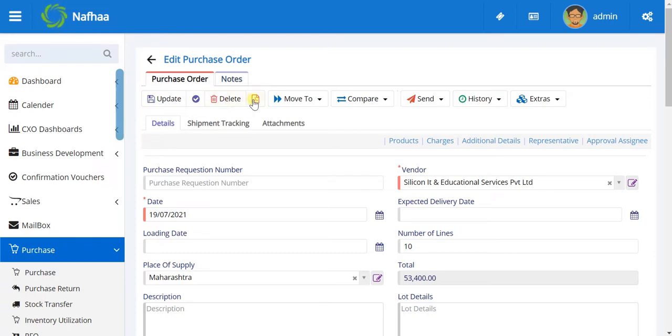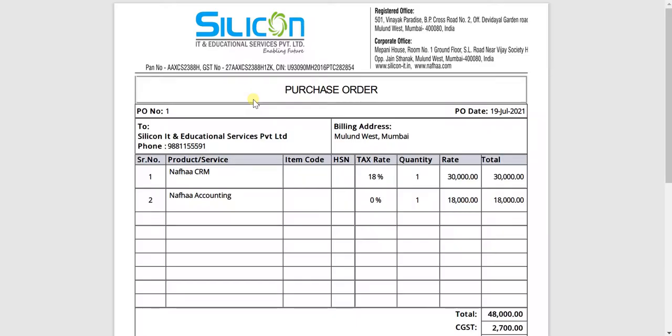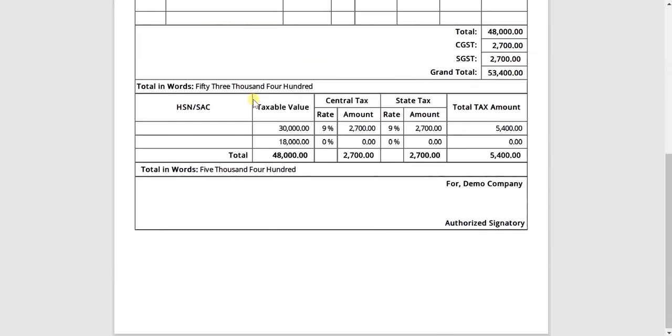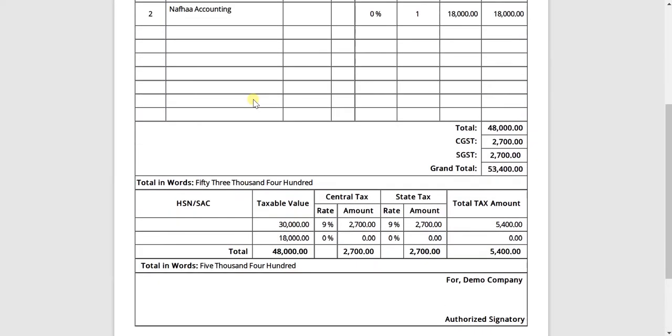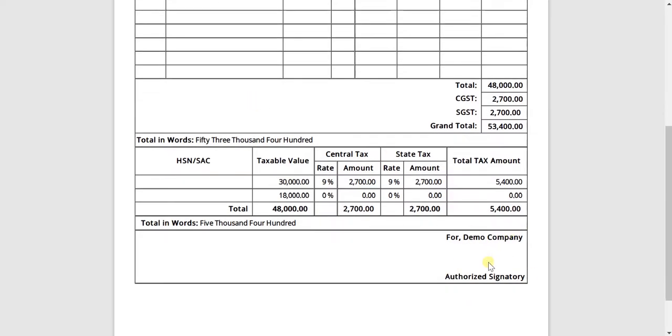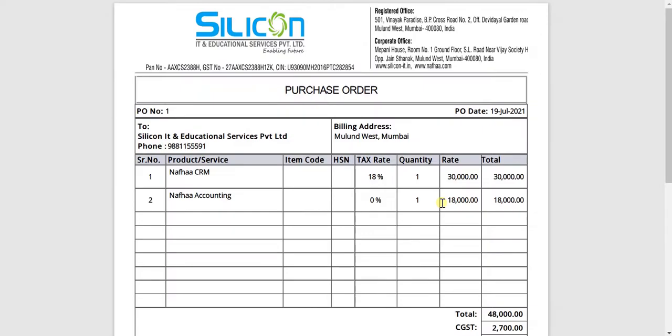I will just click here on the PO, and we will see how the purchase order print looks like. So this is the default view. You can customize it from settings, or you can change the template. Please explore our other video for how the templates can be changed for the modules. You can change it as per your convenience, which we offer. Even you can upload the signature over here for auto signature. So this is a print preview. So let's get back to the form.